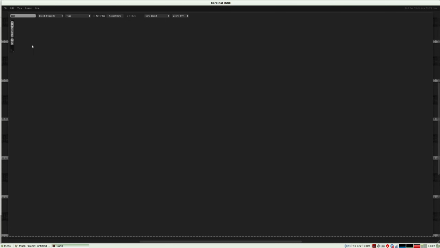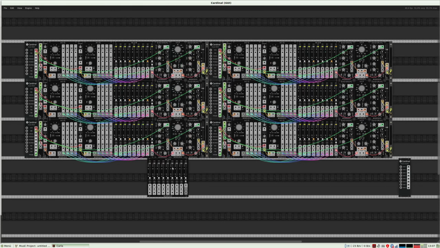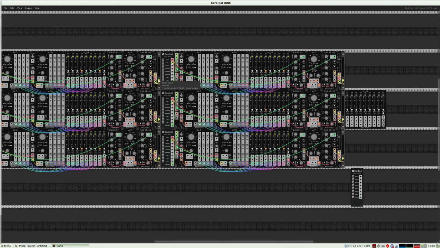I put it here by typing mix here, mix H. Okay, I put it here, and now I can connect the things here to these inputs 1, 2, 3, 4, 5, and 6.